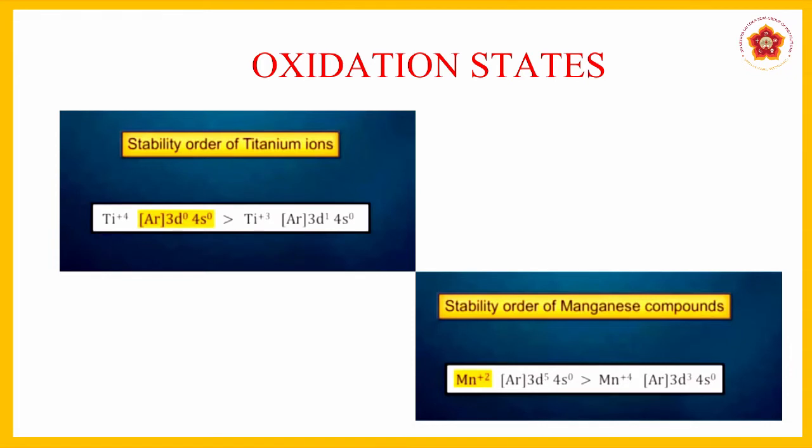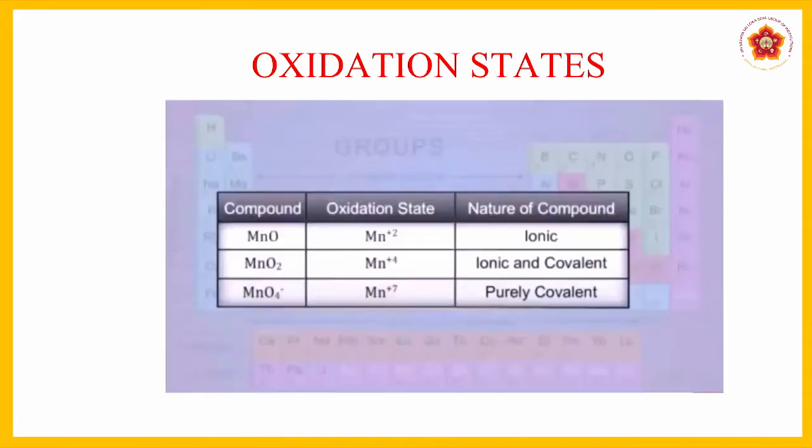Come to the study of Mn+2 and Mn+4. There is another example that is shown to you. You are able to see that Mn+2 is in 3d5 4s0, which means it is half filled. D can accommodate in total 10 electrons, this is half filled, whereas 3d3 is not half filled. So naturally d5 systems will tend to show higher amounts of stability. So these are certain stability factors that we can study with respect to oxidation states.